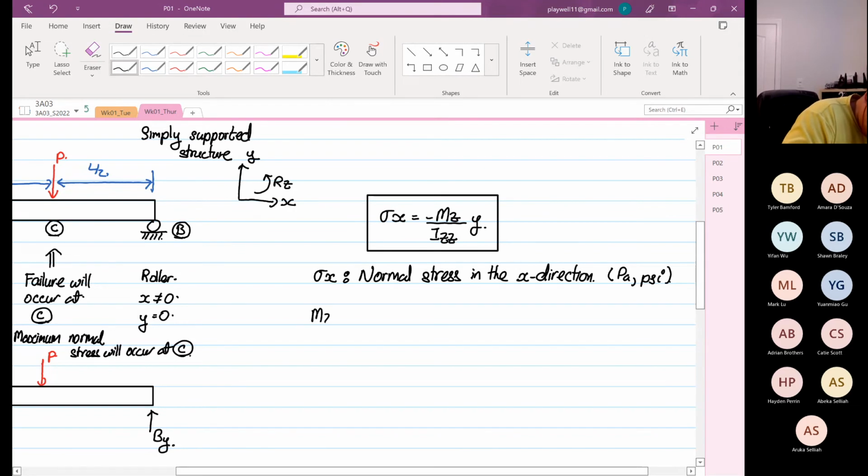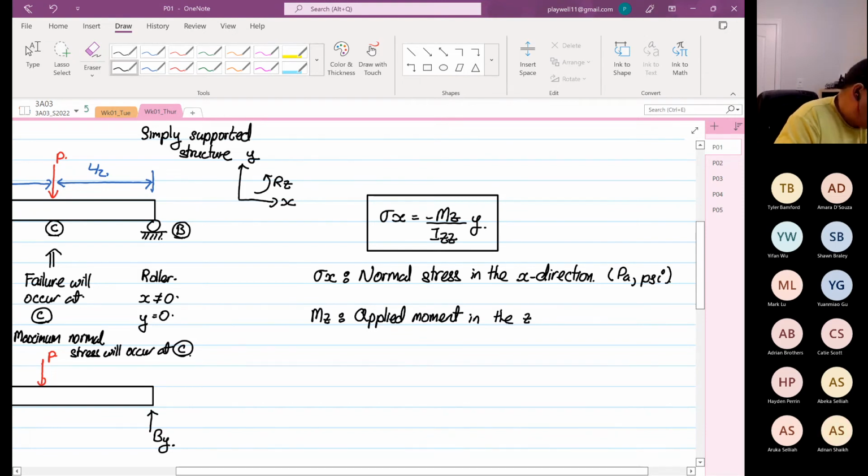Then we have Mz. Mz means applied moment along the Z axis. Over here, our units are in Newton meter, or we have pounds inch. Okay, and then we have Izz,